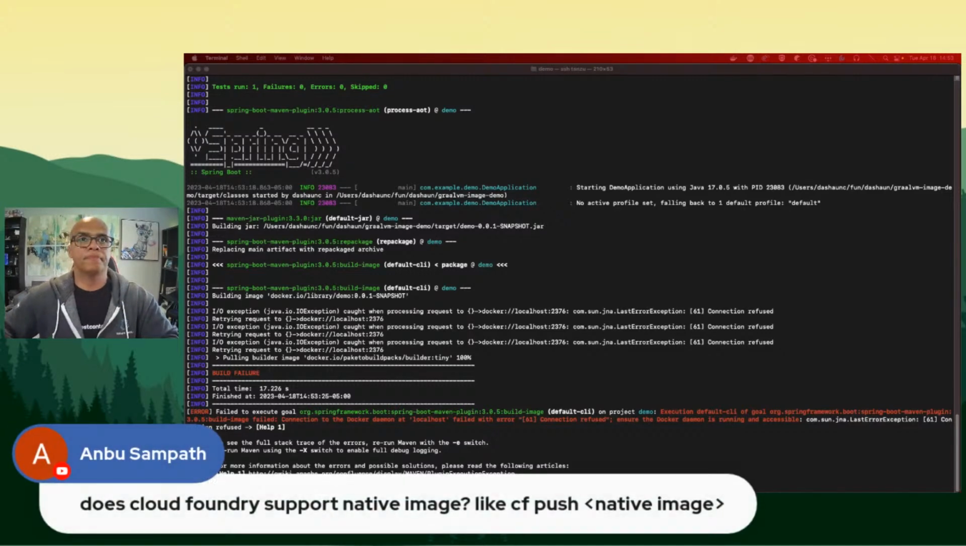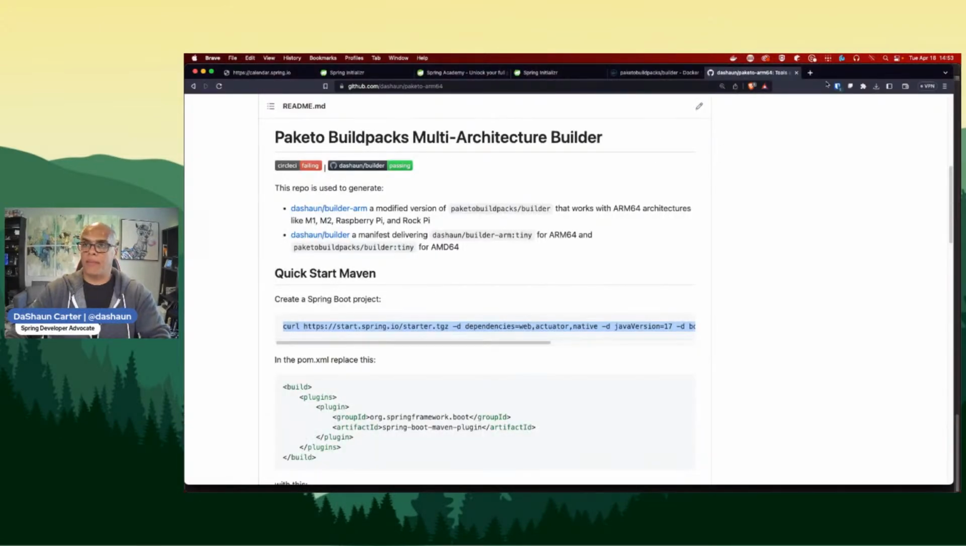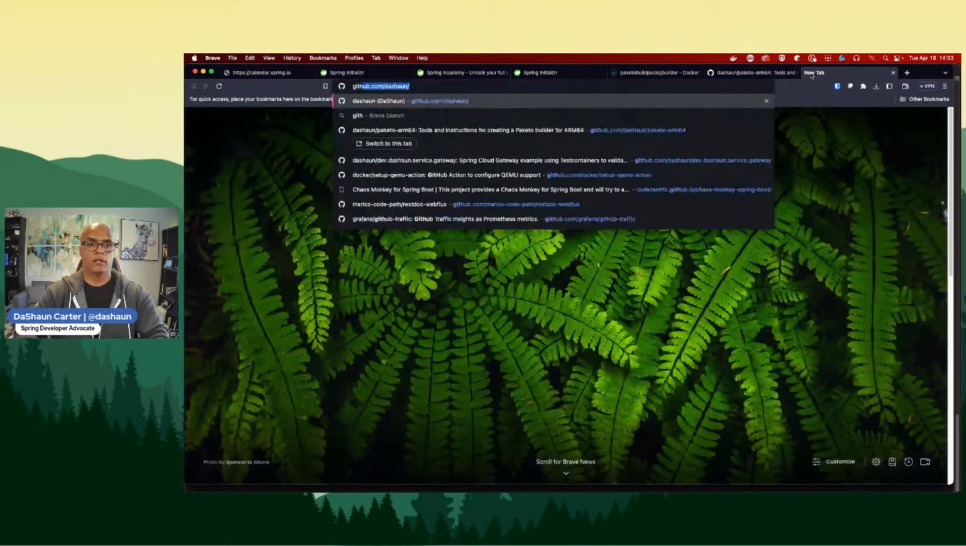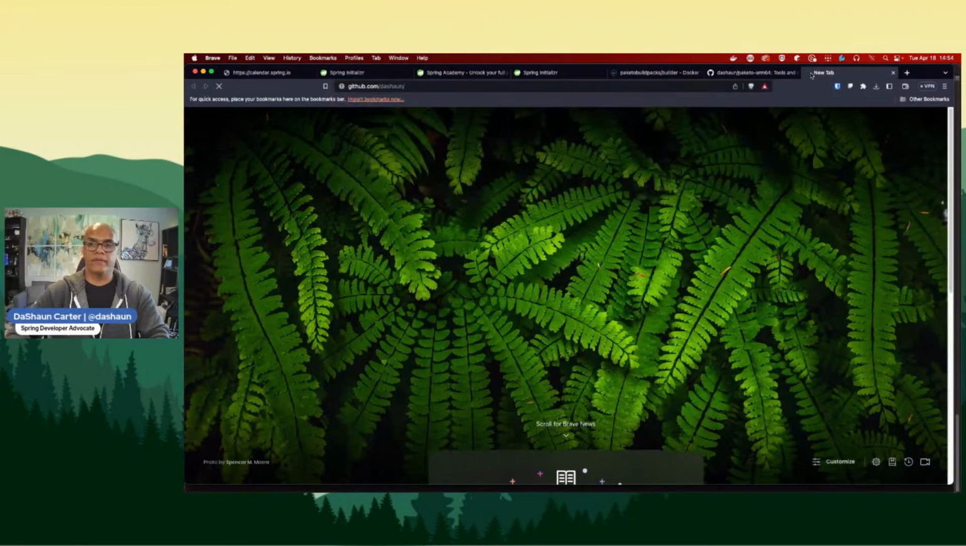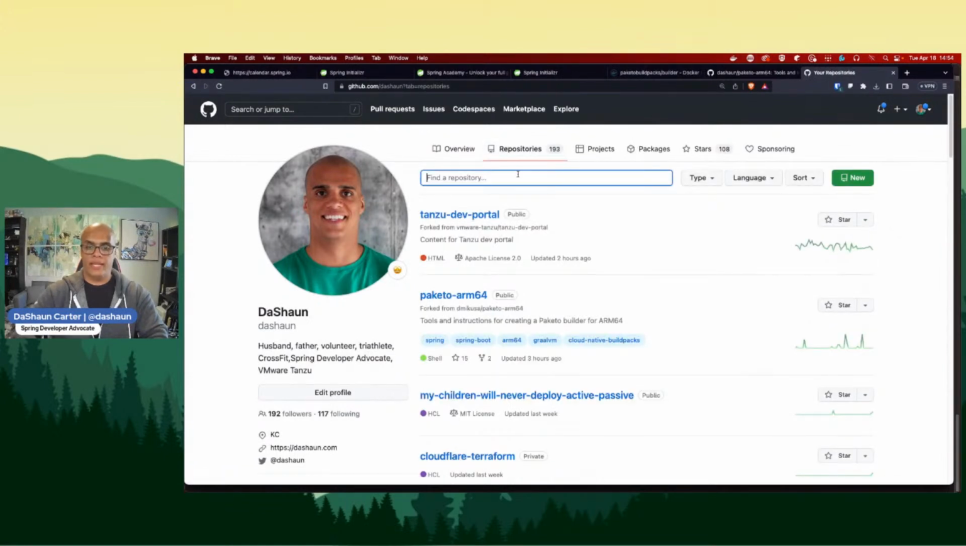Good question. Does Cloud Foundry support native image, like cf push? Anbu, you're reading my mind. This is something that's super important. There's a lot of Cloud Foundry out there. Cloud Foundry has done some amazing things over the years, and it's still very, very hard to replace. So if you're wanting to do native images on Cloud Foundry,